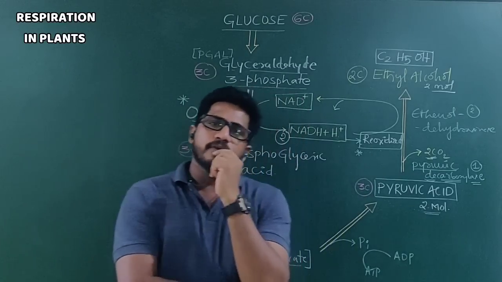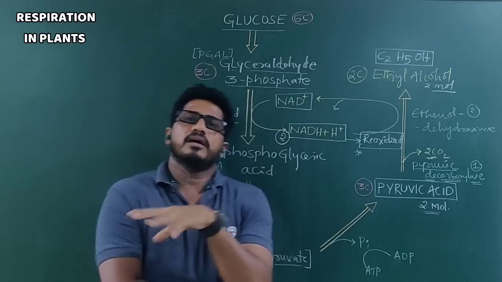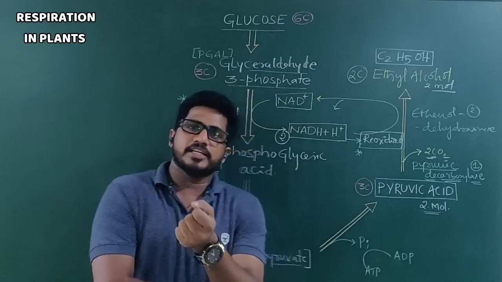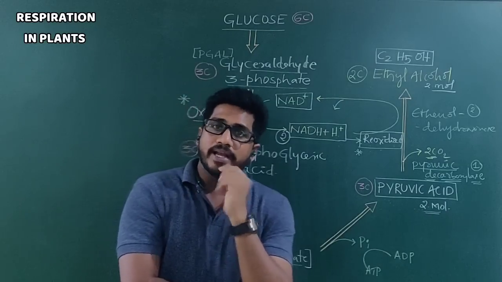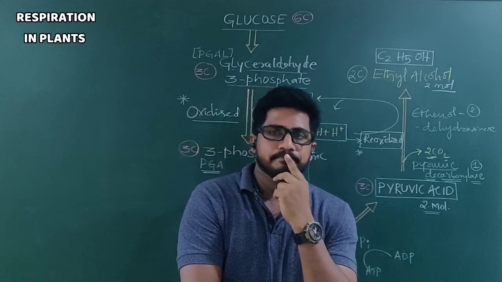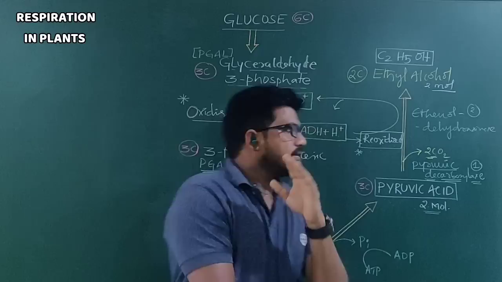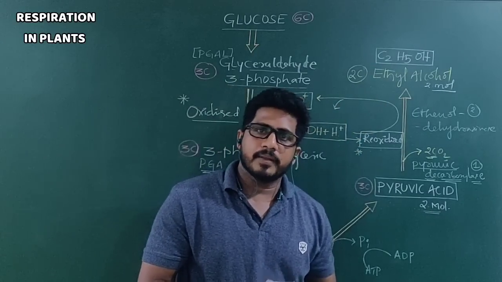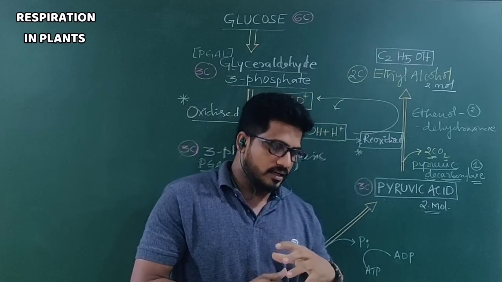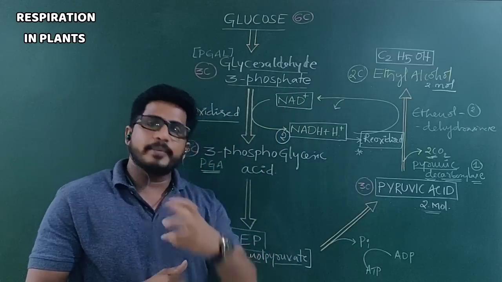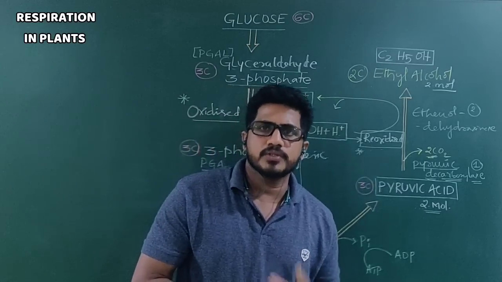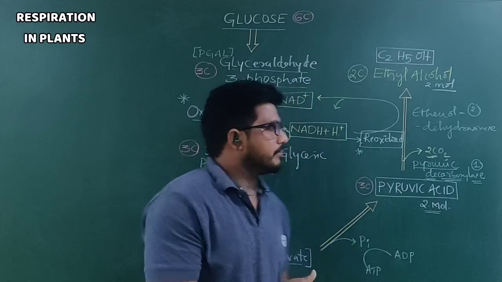Where is lactic acid formed? In humans or any animals, in muscle cells during vigorous exercise conditions, lactic acid is produced due to anaerobic conditions, in muscle cells, myofibrils. That is a different pattern. But ethanol is produced in yeast, bakery, and what else? The fermentation products like curd, cheese, so many household products.